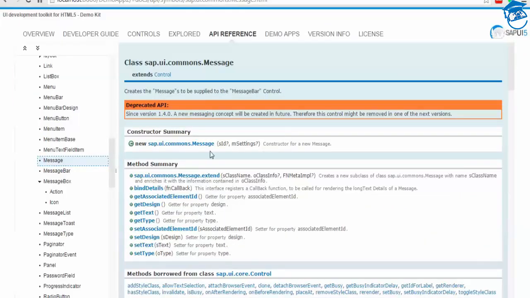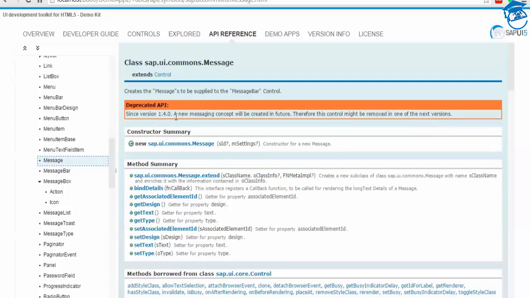So it's always good to read what we do. It creates some messages to be supplied to the message bar. This control has been deprecated since 1.4, a new message concept will be created in future. Therefore the control might be removed in the next version.